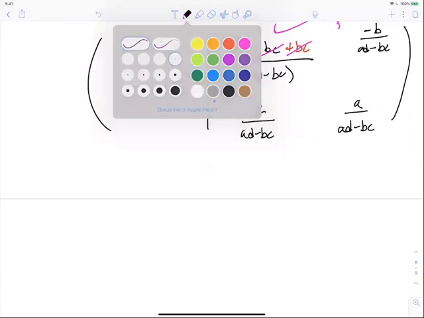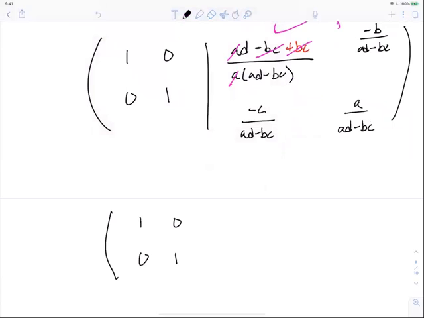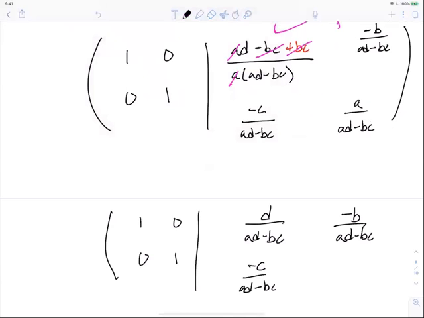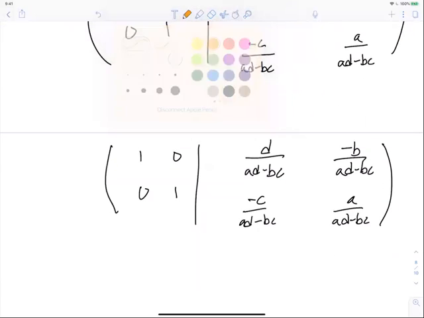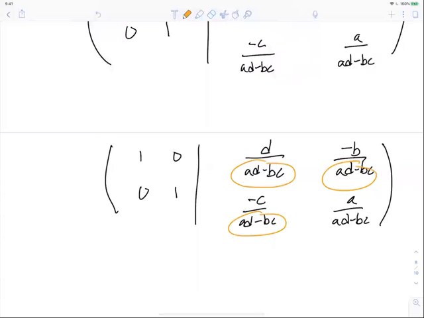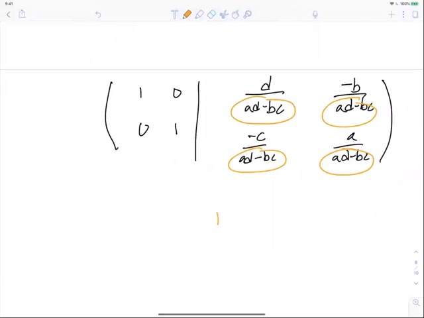So what do we have all together? We have 1, 0, 0, 1. And on the right, we have D over AD minus BC, minus B over AD minus BC, minus C over AD minus BC, and A over AD minus BC. And if we factor out these guys, what does this matrix become? We can factor out that 1 over AD minus BC. We have D, minus B, minus C and A, just like we want. So this shows that you can actually use these row operations to compute exactly what the inverse of a 2